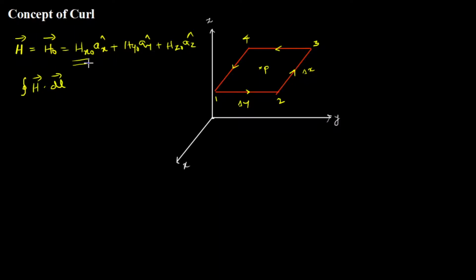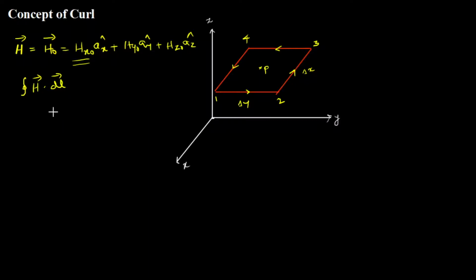If you are finding it difficult to follow, I suggest you understand the concept of divergence theorem derivation. Again, watch that video and then come back to watch this video, so that it will make it very clear how the concept of curl is related to the concept of divergence in electric field. So that analogy also you can make clear. Okay, forget it. Now, closed integral H dot dL.